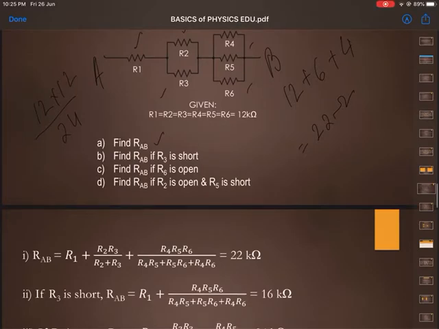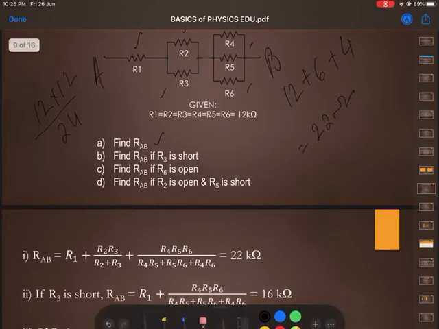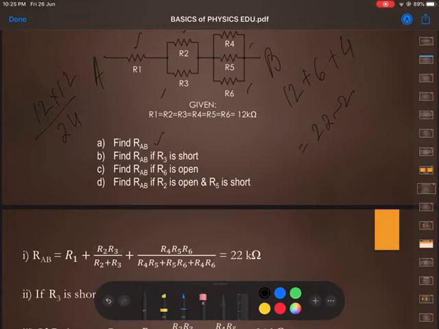Let us see the next case now. What it says is, if R3 is short. Now if R3 becomes short, it is very clear that a short in parallel with any resistance is a short. So R2 loses its significance. This total resistance is going to be 0. Now you already know that the parallel combination of these three gives me 4. This is 12. So 12 plus 4 gives me 16. So the value in the second case is 16.